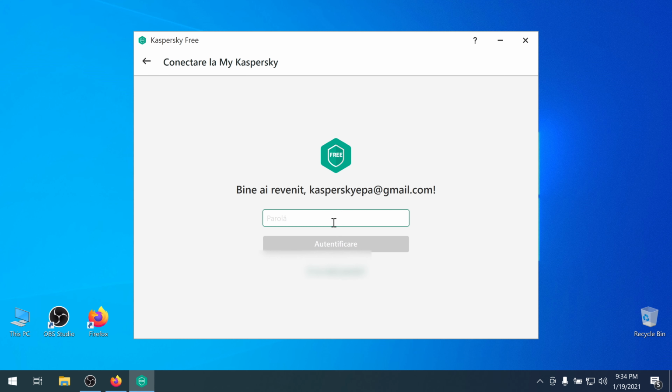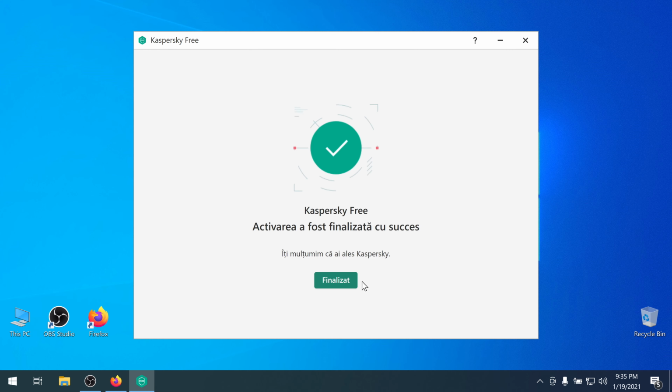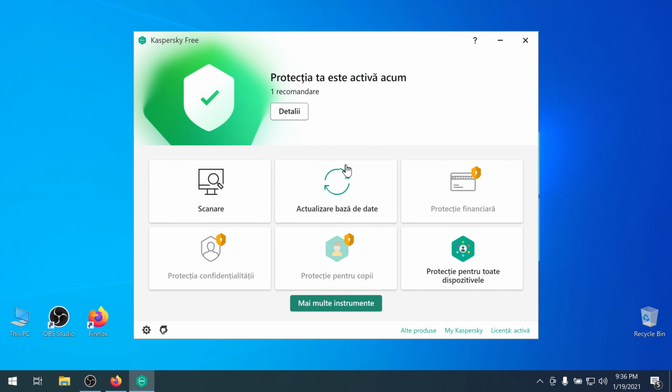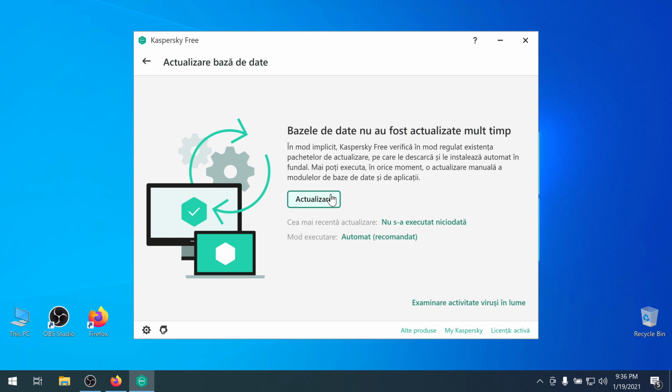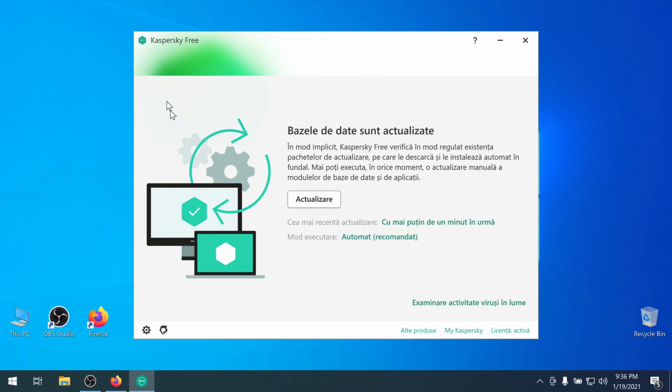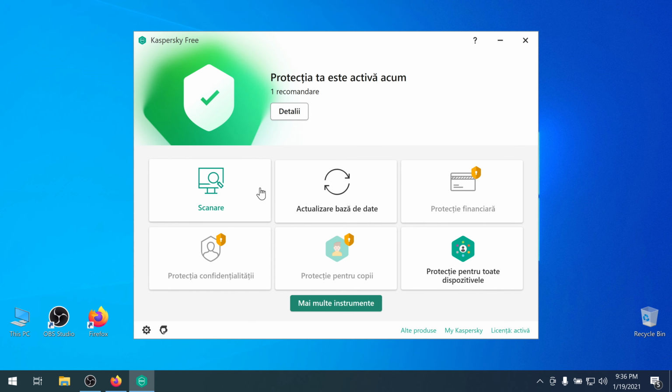Accept. Okay, finish. Now update your database. If you want, you can scan your computer.